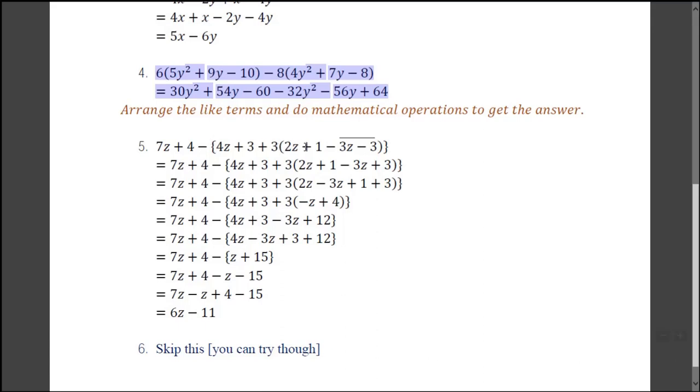So 2z plus 1 minus 3z minus 3. So close all the brackets out here, and we have the curly bracket also. So the first task will be to remove this curly bracket. Whenever you remove this curly bracket, you know already that the sign will be changed. So this minus 3, it will become plus 3. Why? Because